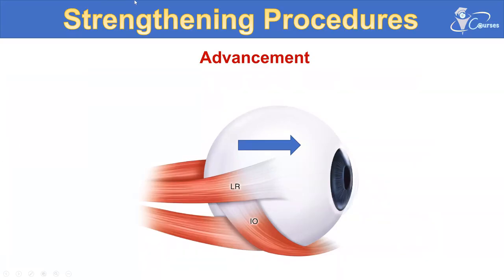Another procedure used for strengthening is called advancement. So what is the advancement? As the name implies, we are just moving the insertion forward, instead of moving the insertion backward. And this can be done for an already recessed muscle, like if the patient had a recession in the past, like bilateral medial rectus recession for infantile esotropia,